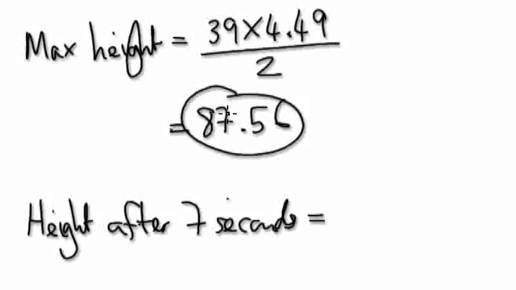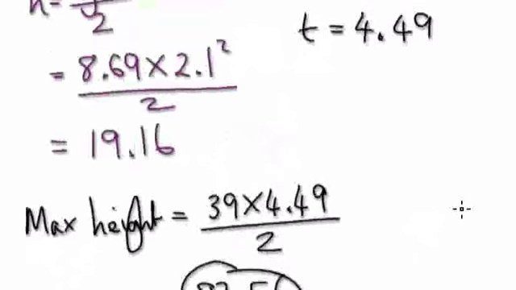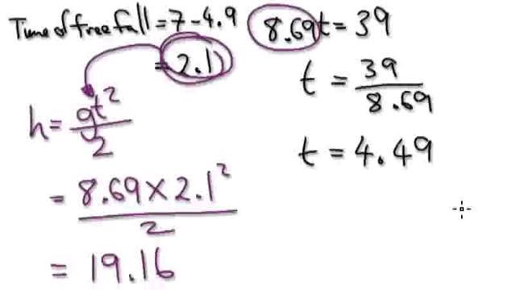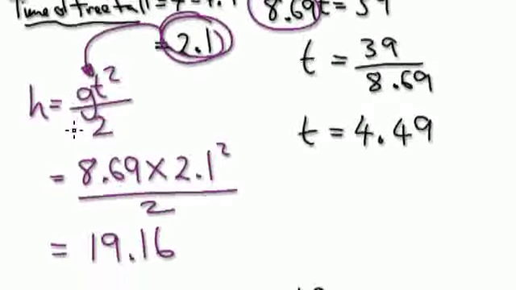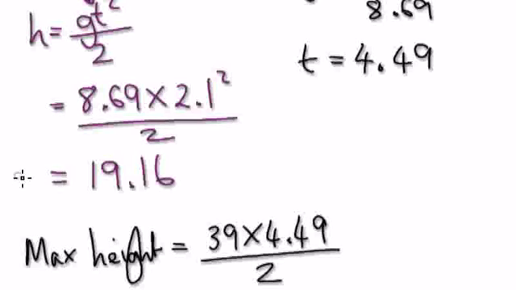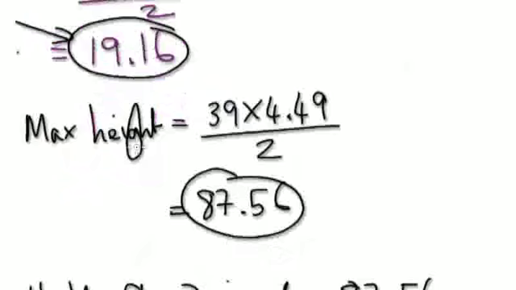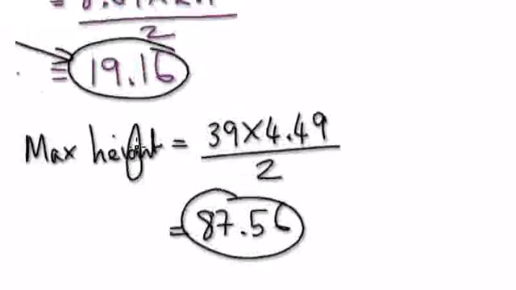Equals the maximum height, take away the distance covered by the free fall. So I should have said the distance, so this is the distance covered by the free fall. Okay, so take away